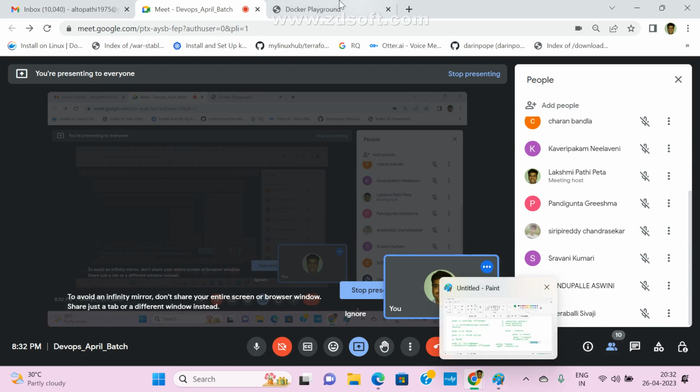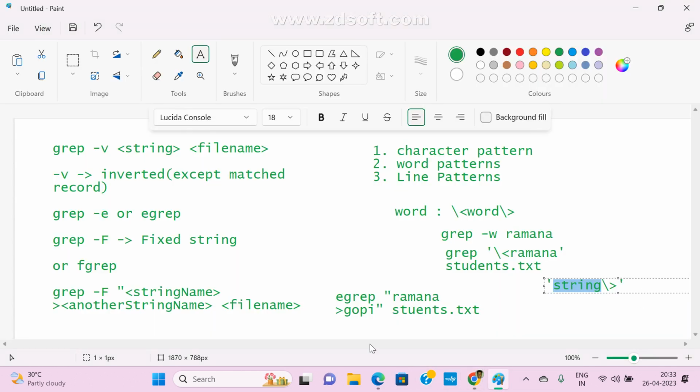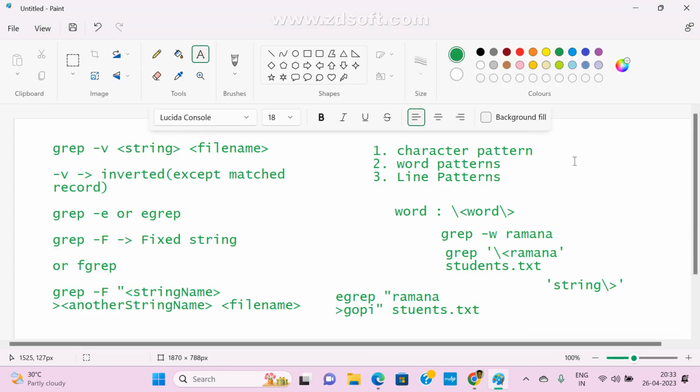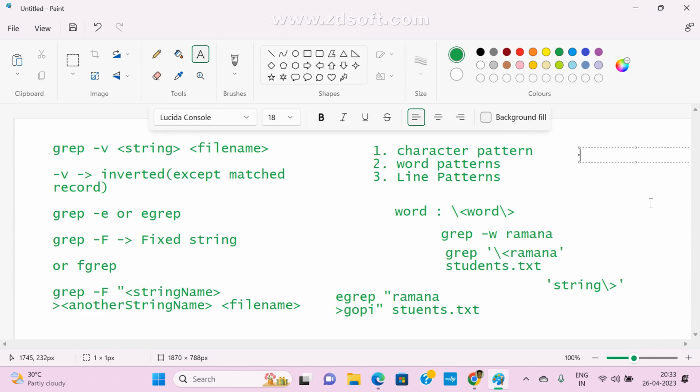Chandrasekhar, clear? Yes, sir. Okay, so in that case we can use these. Slash less than followed by a word, some name that we are passing, is the starting word. Suppose you want to check the ending characters, whatever you want, then word followed by slash greater than. This is how we check the ending characters. In that case we can use these commands.